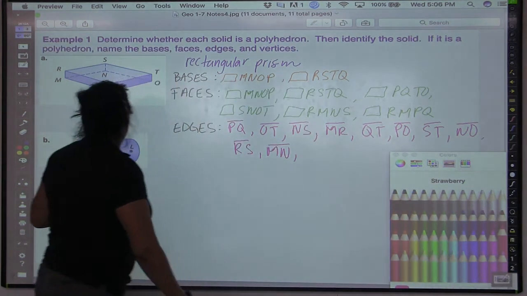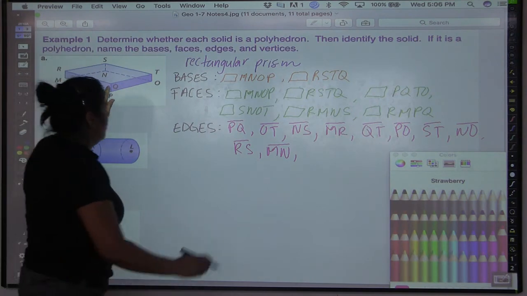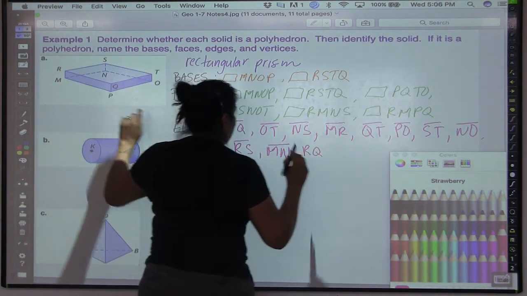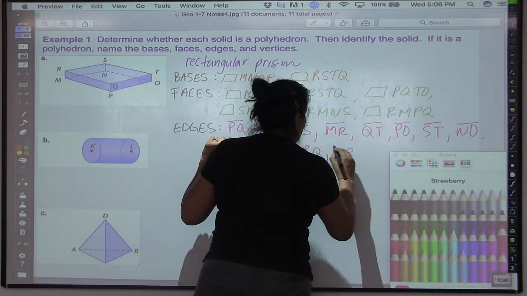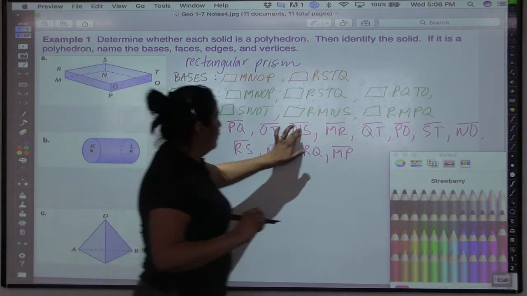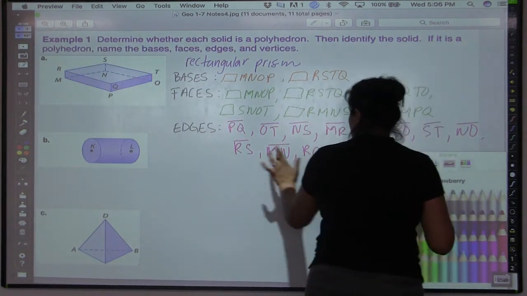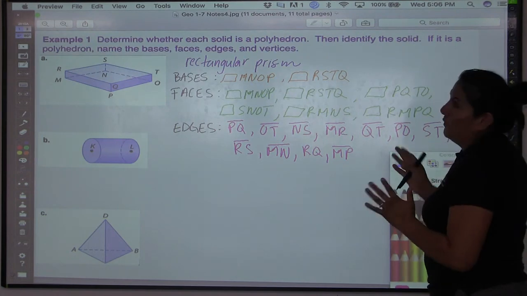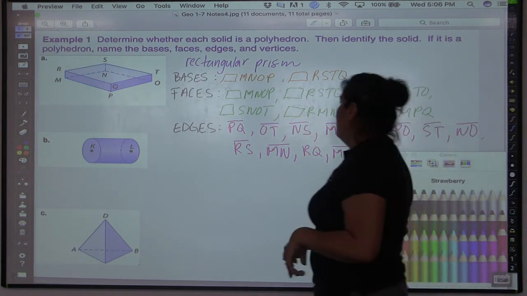And then we have two more to go, which is right here. So we're going to go RQ and MP. All right, so we've got 1, 2, 3, 4, 5, 6, 7, 8, 9, 10, 11, 12. Good. And so we're good with that. So after all that, we are finally done with part A. Lucky for us, in part B,